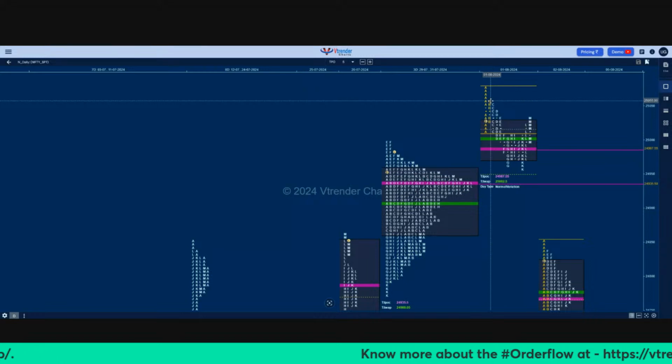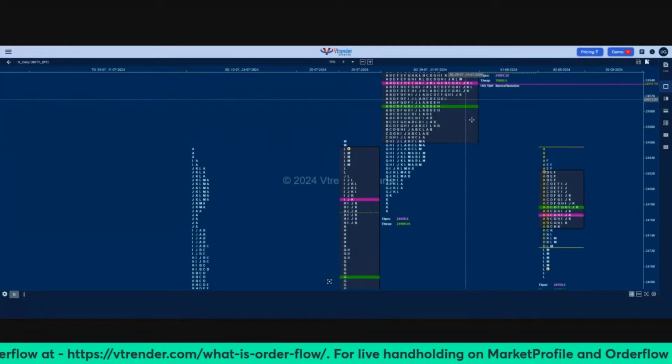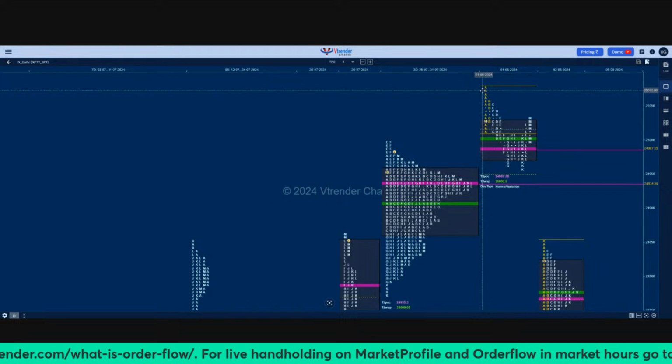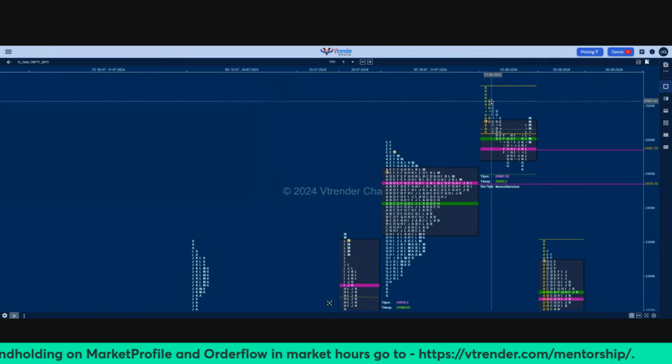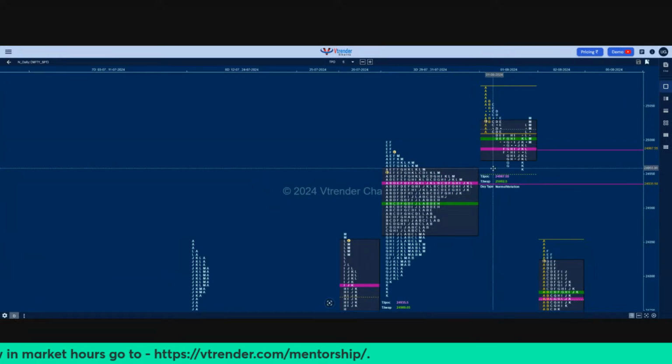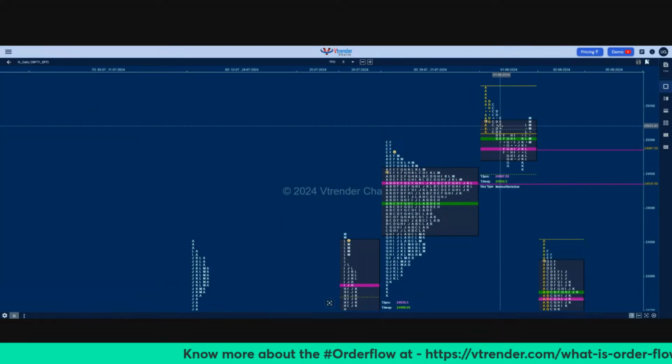So when we are starting a fresh new month with an initiative selling tail, and we have not even gone to the order flow so far, this itself is telling us that there is no demand at these new highs. And then when we went on to retain this A period singles, what we call the initiative selling tail, and this has come on the monthly time frame, which is the strongest of all. So it has a capacity of giving you the biggest momentum in that direction. So this itself was a very clear sign